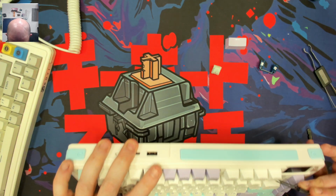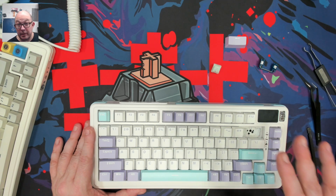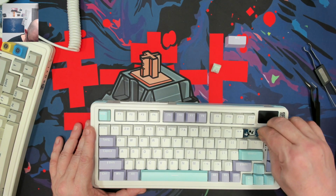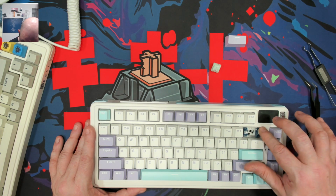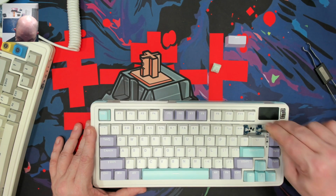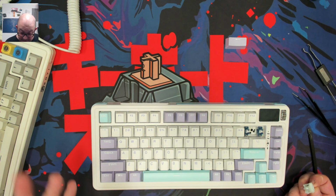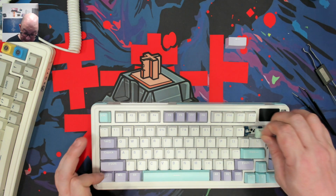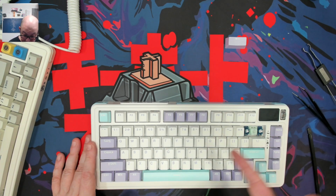And it does not appear like we have any alternate layouts or the ability to put in plate or PCB mounted screw-in stabilizers. But thankfully, honestly, on this keyboard, I would say that it's just not a necessity with how well the tolerances on these plate mounted stabilizers are. I mean, they're not going anywhere. So we obviously have a 3 and 5 pin hot swap compatible PCB, and we do have north facing LEDs. So for those of you that like shine through on the top,